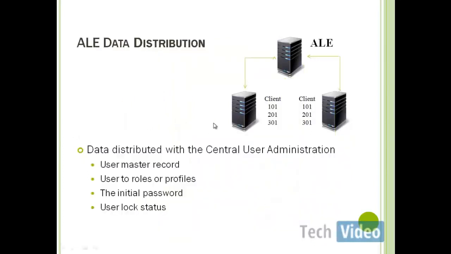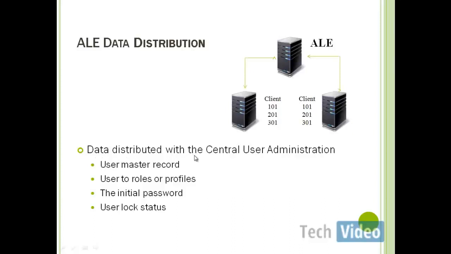Okay. As we already seen, the data distribution between the parent and the child systems is by ALE. ALE means application link enabling, and this permits us to build an operation which can distribute data between two different SAP systems, and this will be an asynchronous communication. As we seen, from the central system to the child system we can use ALE. Central means your parent system where you have the master data, and the child system means all the SAP systems and the clients which are connected to the central system.